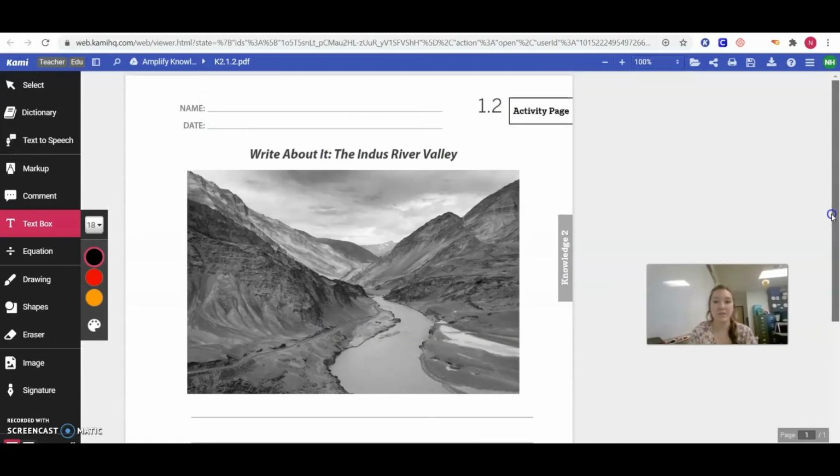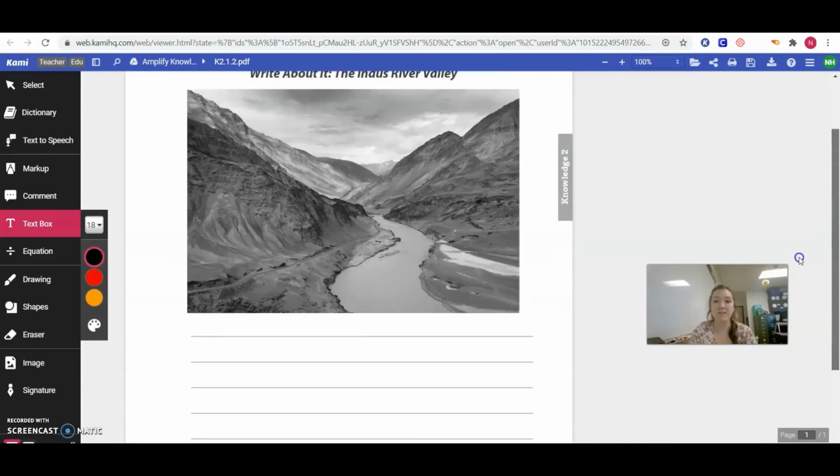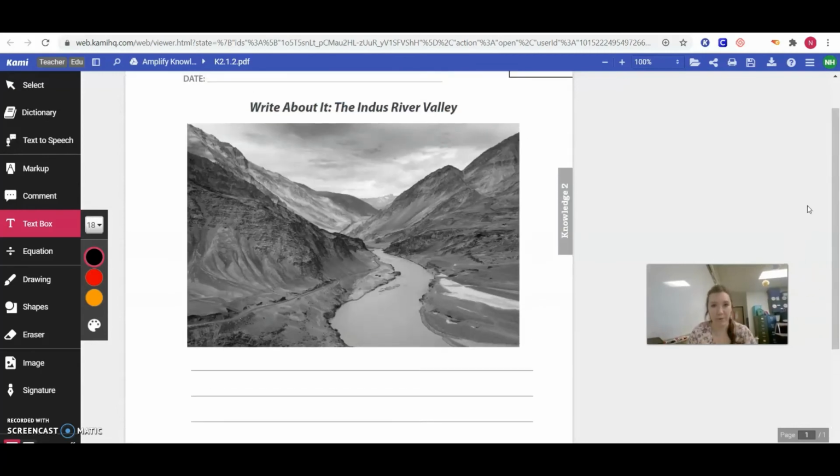Underneath this picture of the Indus River, there are some lines for you to tell me about it. I want you to tell me what you remember about the Indus River Valley. What did it look like? How was it formed? Why was it important? And how did it allow civilizations to flourish in ancient India? Tell me what you remember from our read aloud about the Indus River and why it was so important for